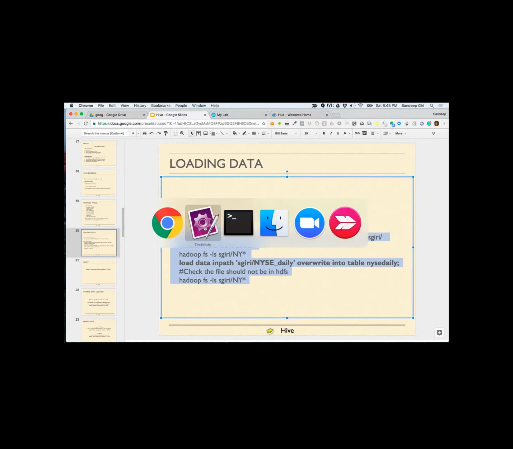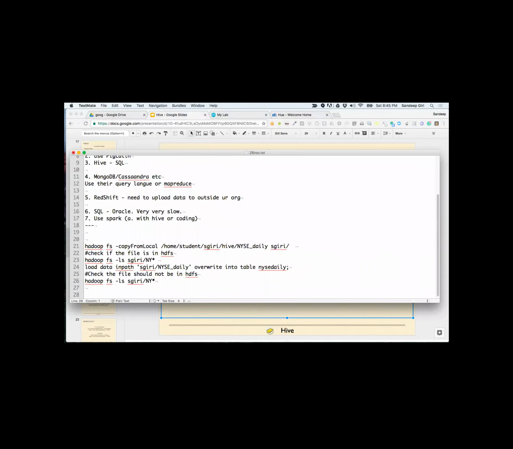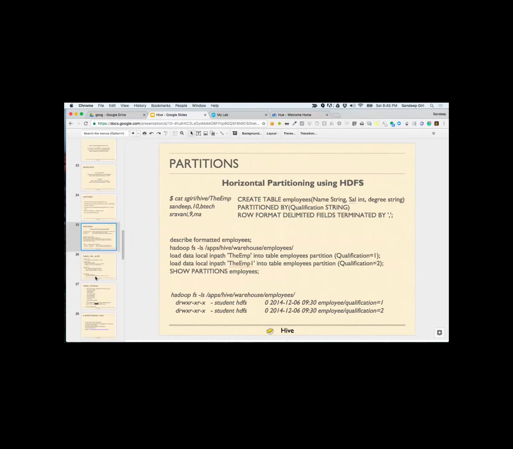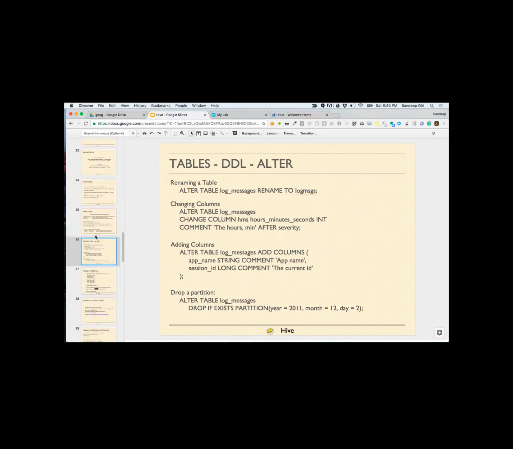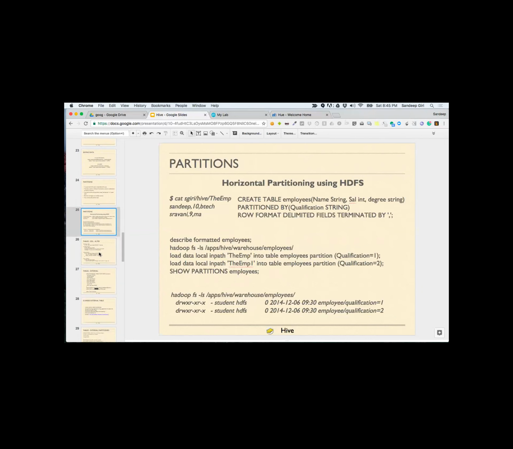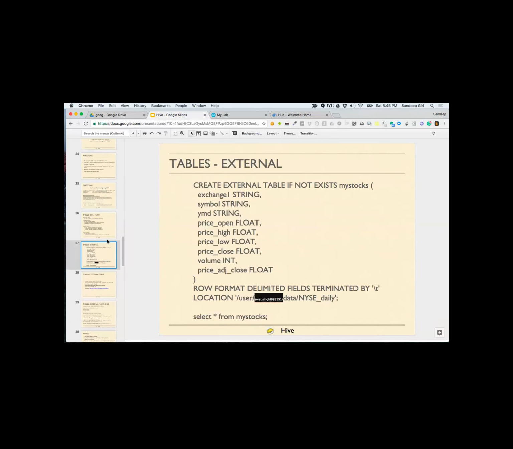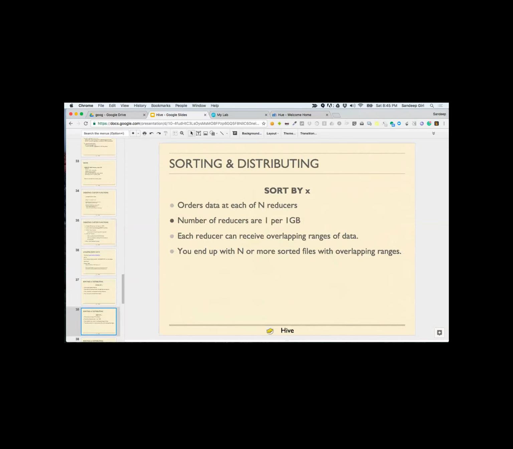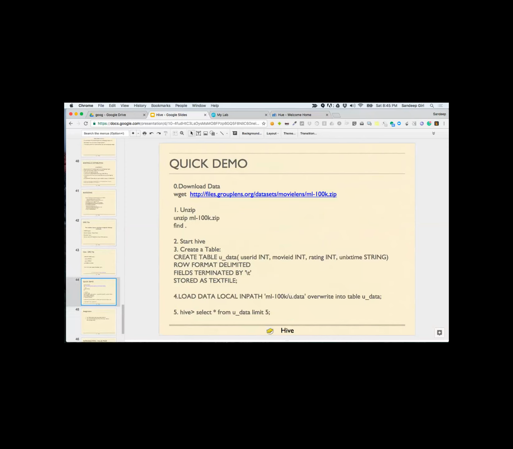This is one example. Let me just keep it aside. And then there is another example. I have already captured it somewhere.